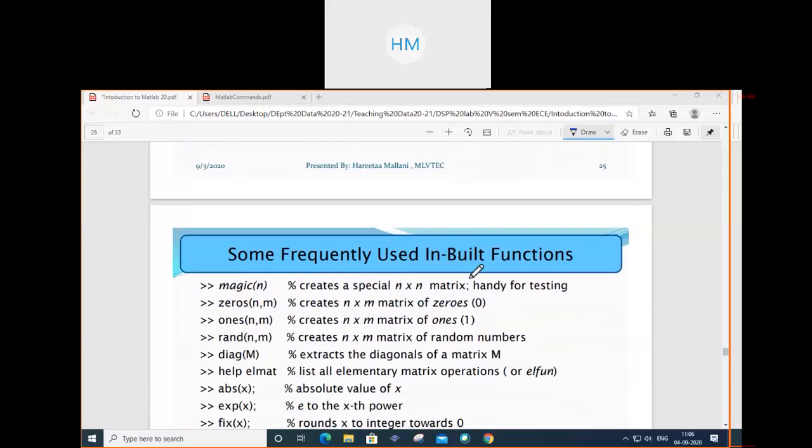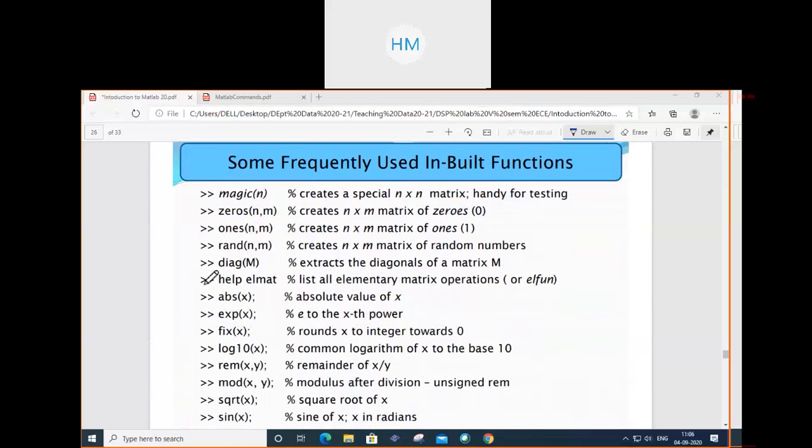Some frequently used inbuilt functions. These are the functions. First is magic n. It creates a special n cross n matrix handy for testing. See, if I want to test some data, I want to generate some matrix, I can use this special n cross n matrix, magic n. Zeros we see, ones we all know, random values we also know. If I want to have a diagonal matrix, I want to extract the diagonals of a matrix,